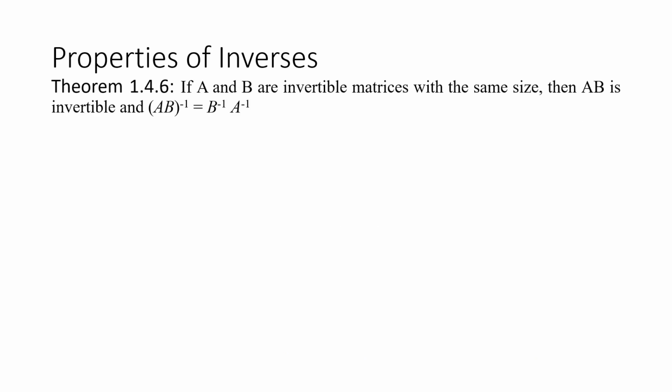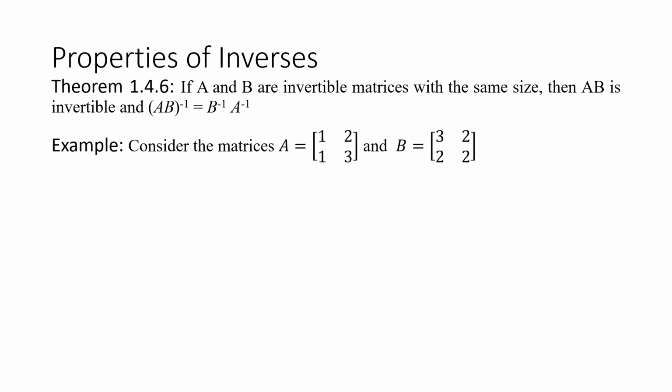Okay, so let's have theorem 1.4.6. If A and B are invertible matrices with the same size, then AB is invertible, and the inverse of AB is equal to the inverse of B times the inverse of A. For example, consider the matrices A = [1, 2; 1, 3] and B = [3, 2; 2, 2]. Now, if we are going to solve for AB,